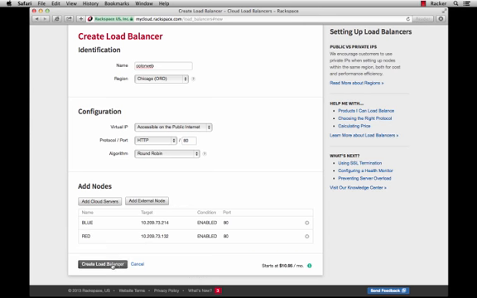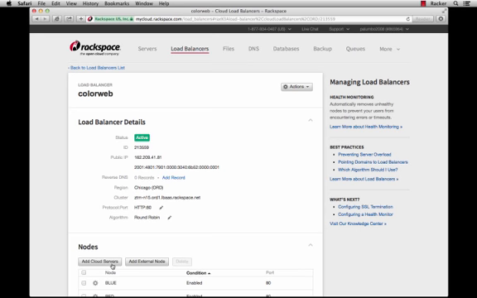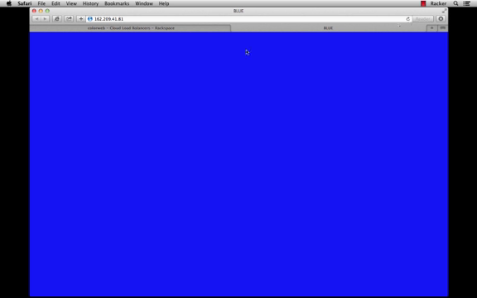Now, all I need to do is click on Create Load Balancer, and it'll take a few moments to build. Once the load balancer becomes active, I can test it out by grabbing the public IP address, opening up a new tab in my browser, and going to that. And let's start refreshing it to see exactly how it's sending traffic. We can see that it keeps rotating us back and forth between Blue and Red, which is what round robin